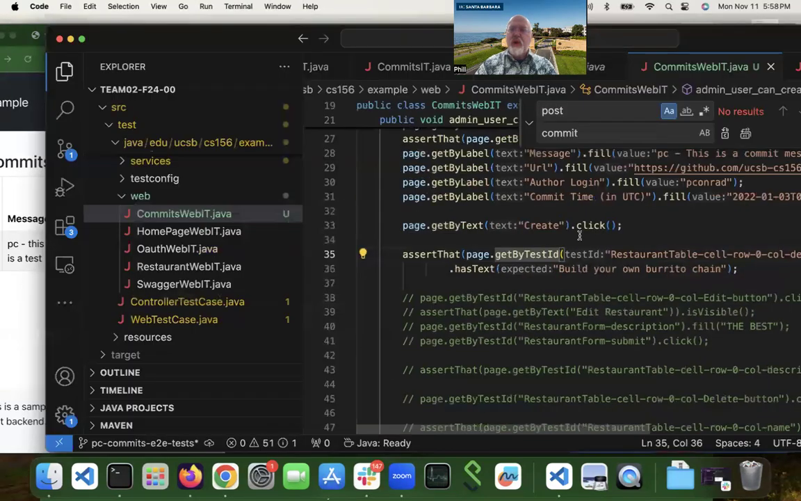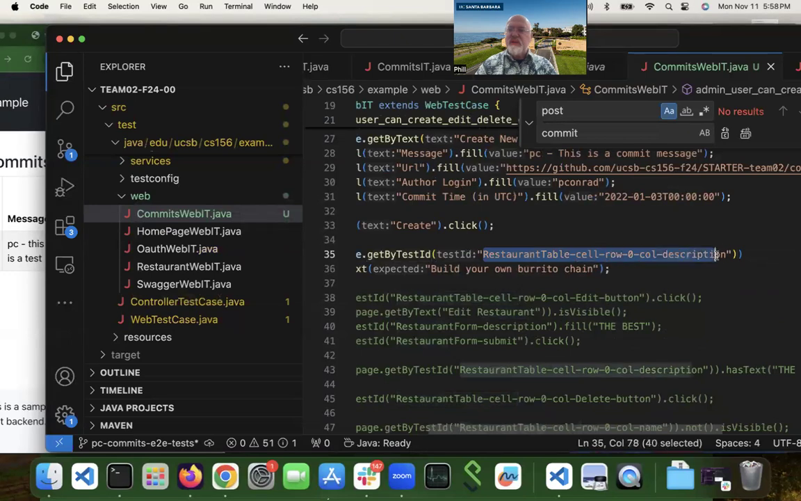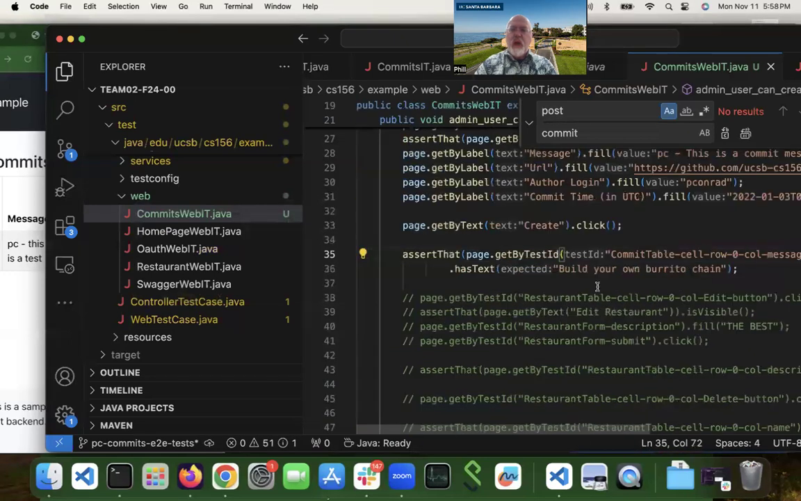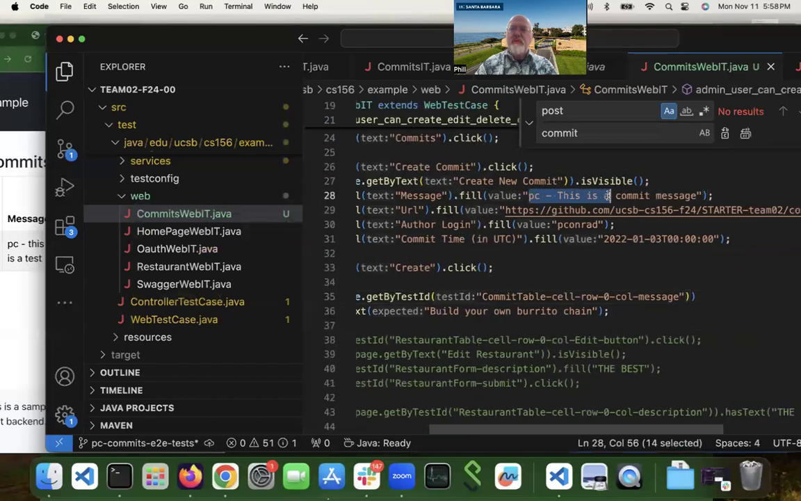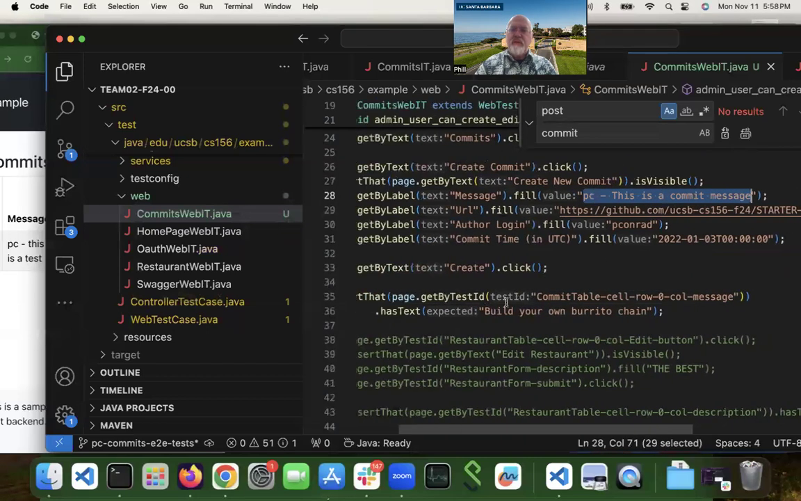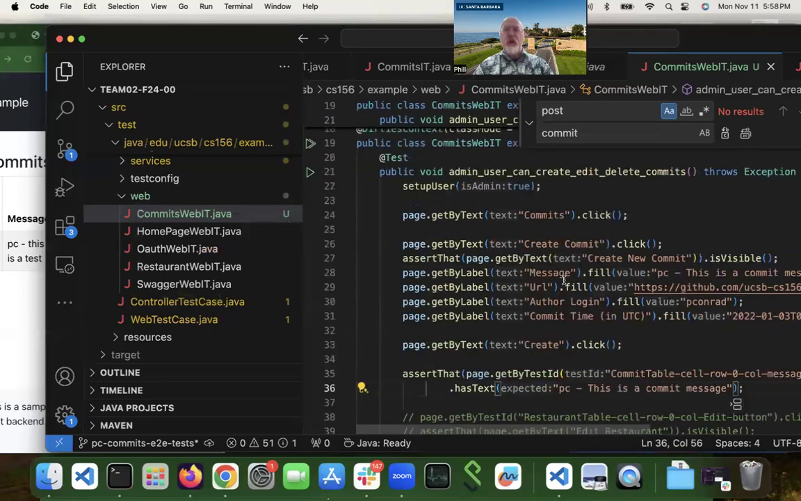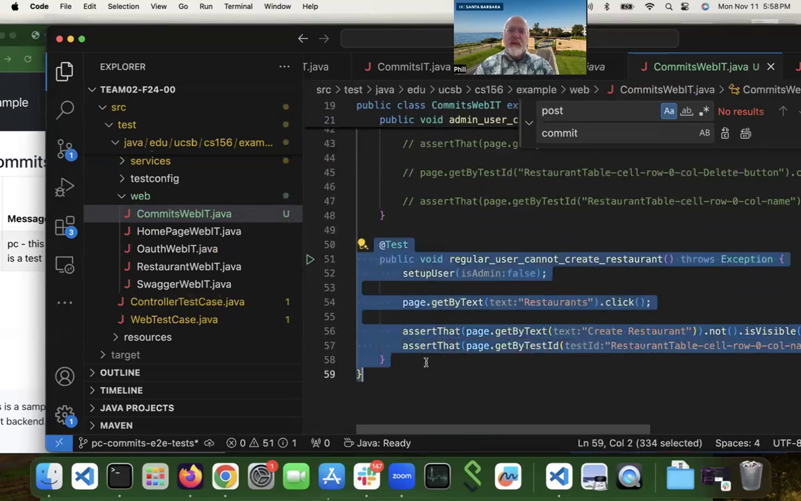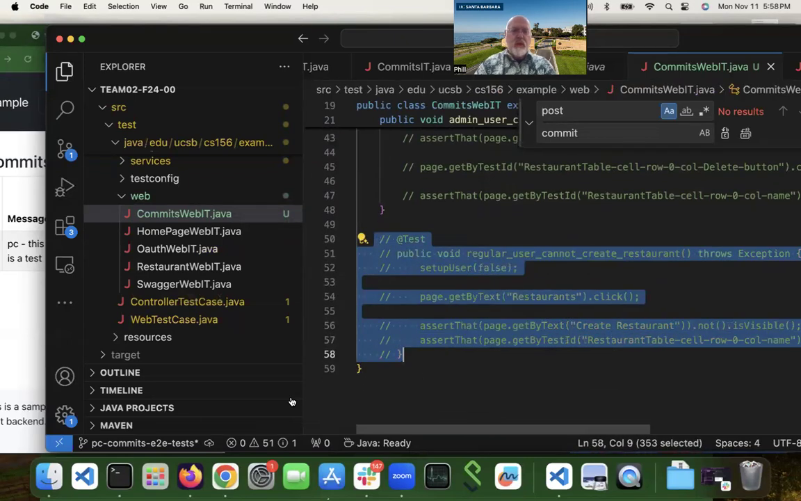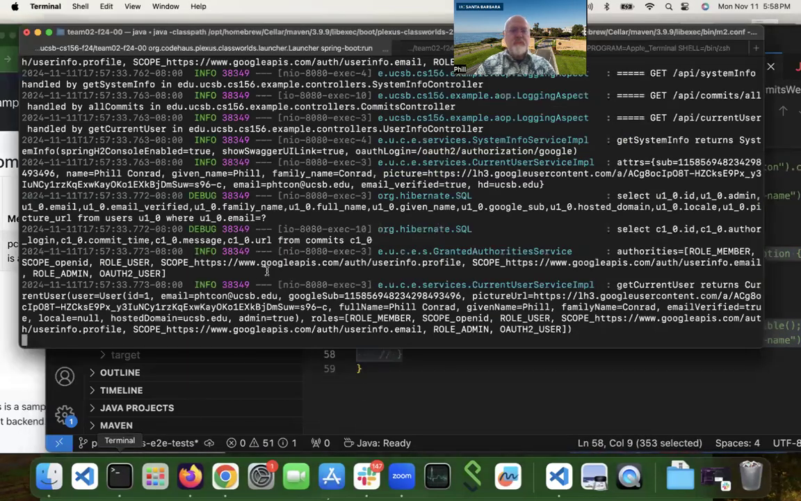So coming back to my code, if I fill in this test ID right here, I'm looking for the text that I put into the message. So it should be this text right here. So that's a pretty good start. Let's see if just that will run. And we're going to comment out this test as well. And I should be able to come over here and